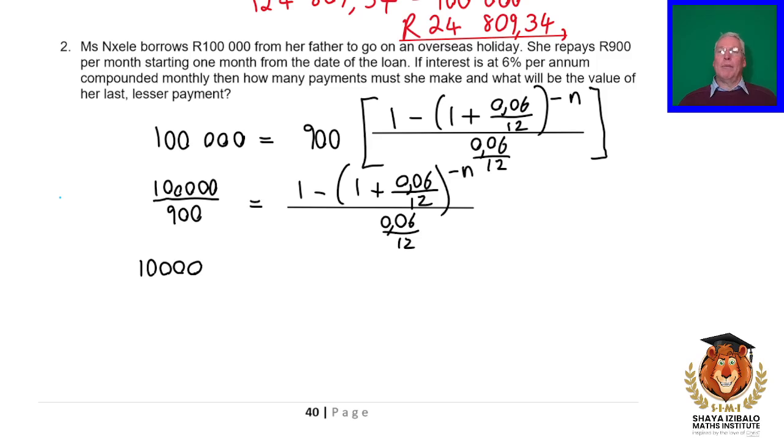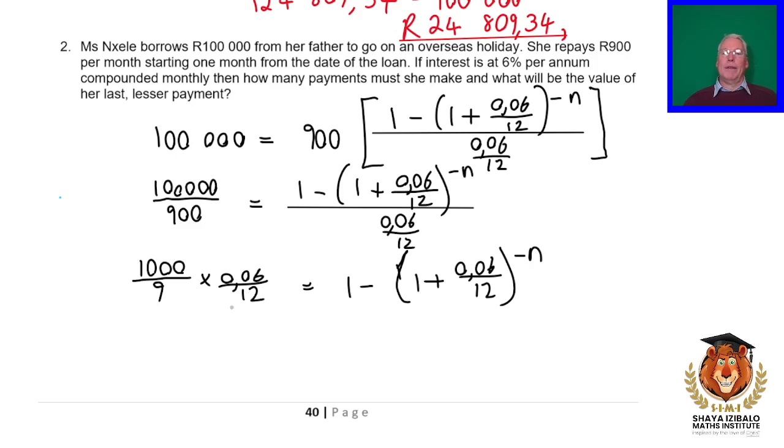No, it doesn't. It becomes 1,000, sorry. If I take 2 zeros off there and 2 zeros off there, so I've just divided both of those by 100, the top and the bottom, times, just to save some ink, times 0.06 over 12. And that equals 1 minus 1 plus 0.06 over 12